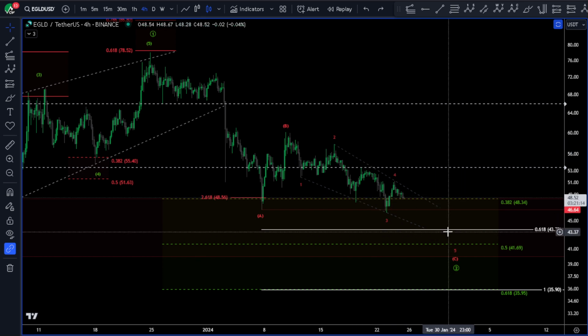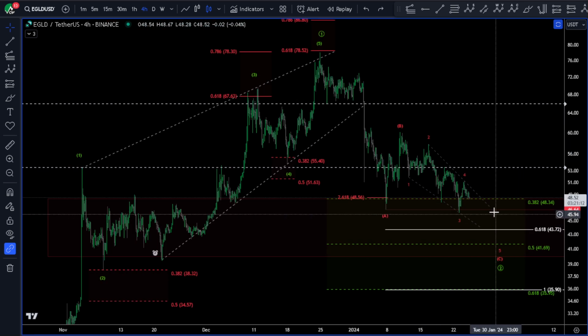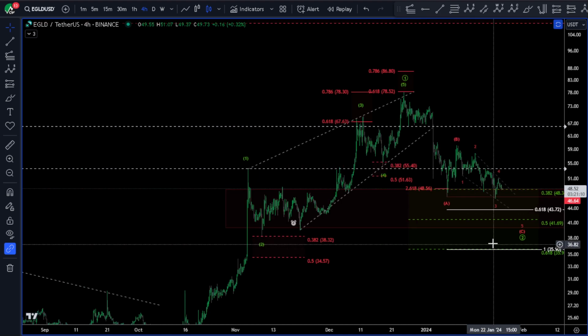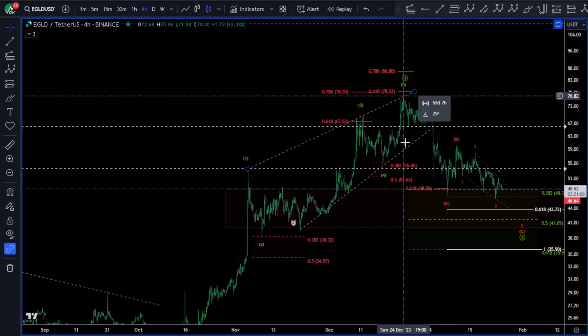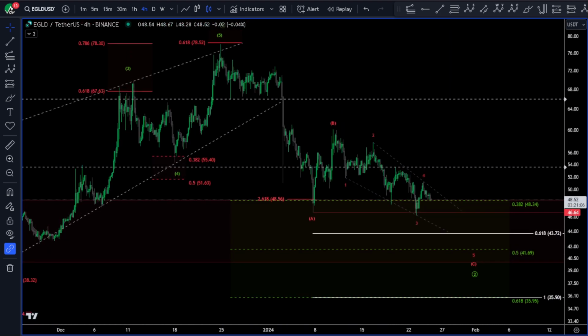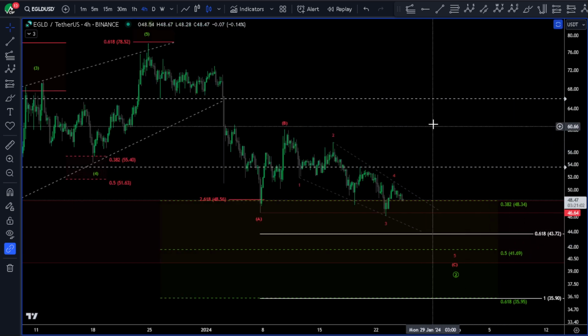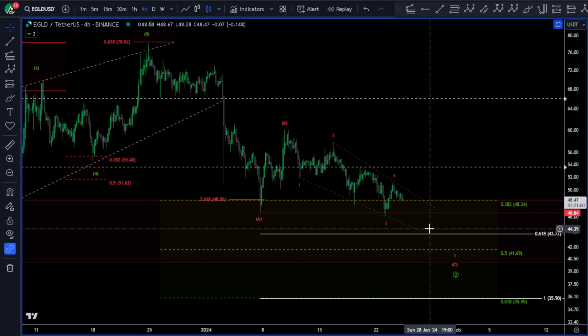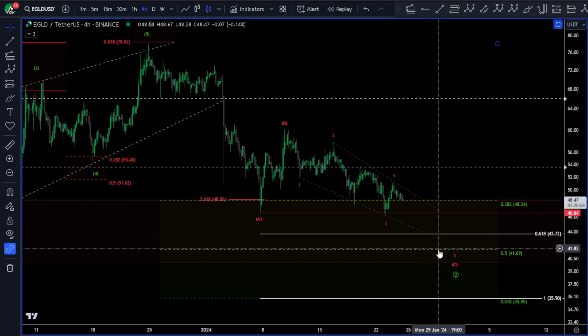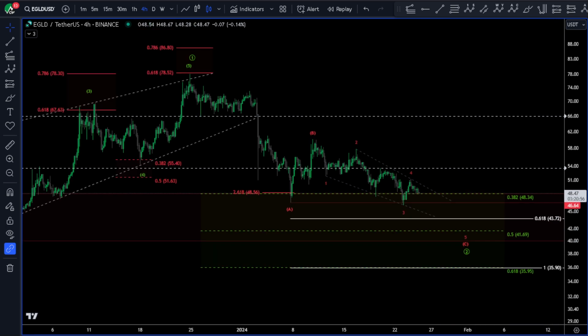But yeah, I'm putting in spot orders down in this area, and it's going to be a nice setup as a potential third wave or a C wave as a corrective pattern. So pretty excited for this one. I'm going to start putting in some spot orders here. Stop's going to go